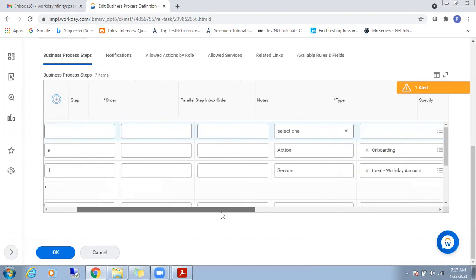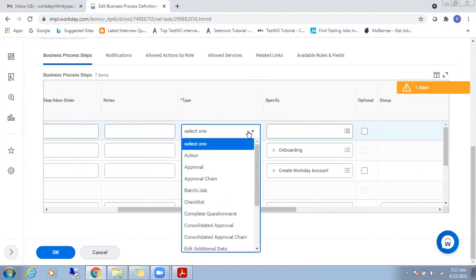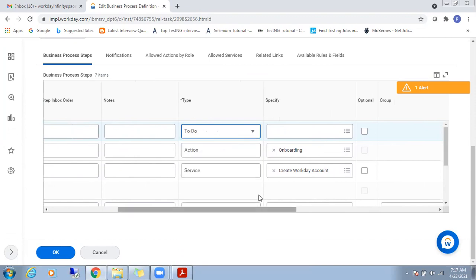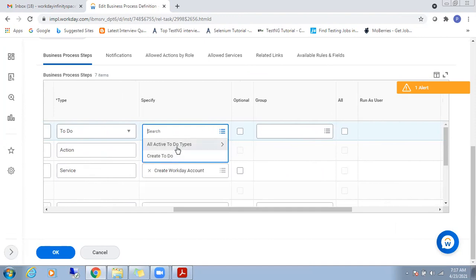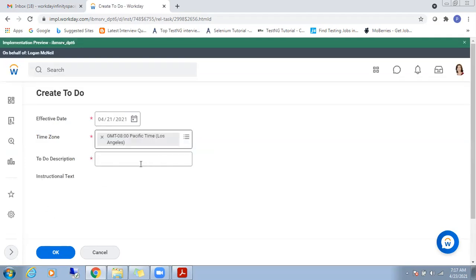Now, after the onboarding event, let's go for the final step, the to-do. For example, when an employee gets hired into the organization, they follow some steps: hiring, onboarding, and then they go for the induction. After that, induction means the HR will take them for lunch. It's a mandatory step. They have to follow these to-do steps.